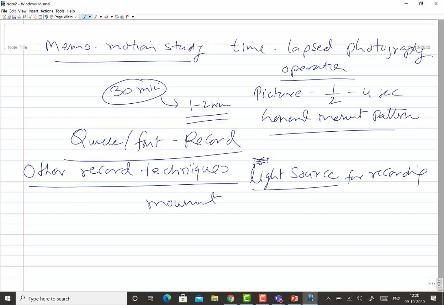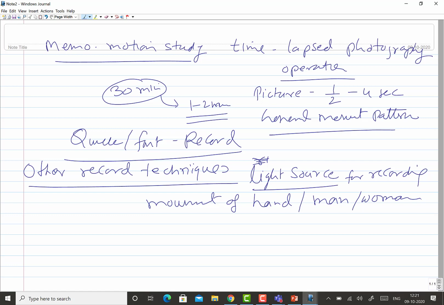So basically there are two recording techniques which use a light source for recording the movement of the hand, or the man, or the workman himself or herself, during the job.